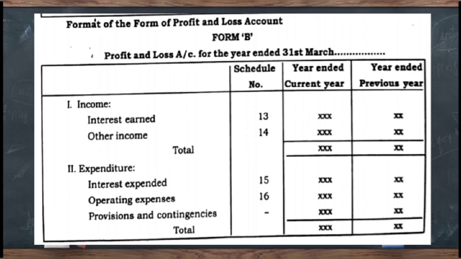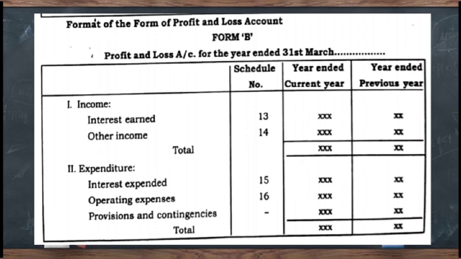First heading is for writing the income. Under that we have two notes. Note number 13 is relating to interest earned. Whenever the bank advances loan, it charges interest. It is a source of income for the bank, so it comes in note number 13. Along with the interest, if there is discount on bills, that should also be written in note number 13. Then note number 14 is regarding other income. Other than interest and discount, whatever income the banks get should be written in note number 14. When you take the total of note number 13 and 14, we get the total income.